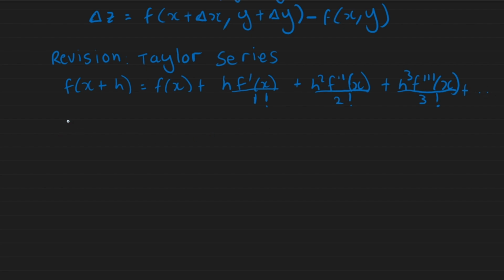What we're going to do quickly at this stage is replace some of these variables, because that's what we're going to use in our exercise. So we're going to replace this h with delta x and this f prime with dy/dx. So we're just replacing h with delta x and rewriting this as is. So we're just going to write dy/dx multiplied by h over 1 factorial, or rather delta x,